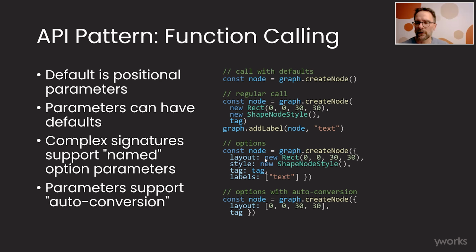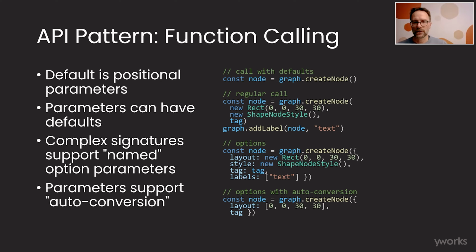So specifying a rectangle by instantiating a new instance is very verbose. And so for many of those simple data types, we support what we call auto-conversion, meaning that when you pass in the values to yFiles, you can use a shorthand. In this case, for a rectangle, you can use a number array with 4 values for x, y, width, and height. And yFiles will automatically convert this to a rectangle, meaning that the node that gets created does have a rectangle associated with it. So if you query the value afterwards, you will get back an actual rectangle, but you passed in just this